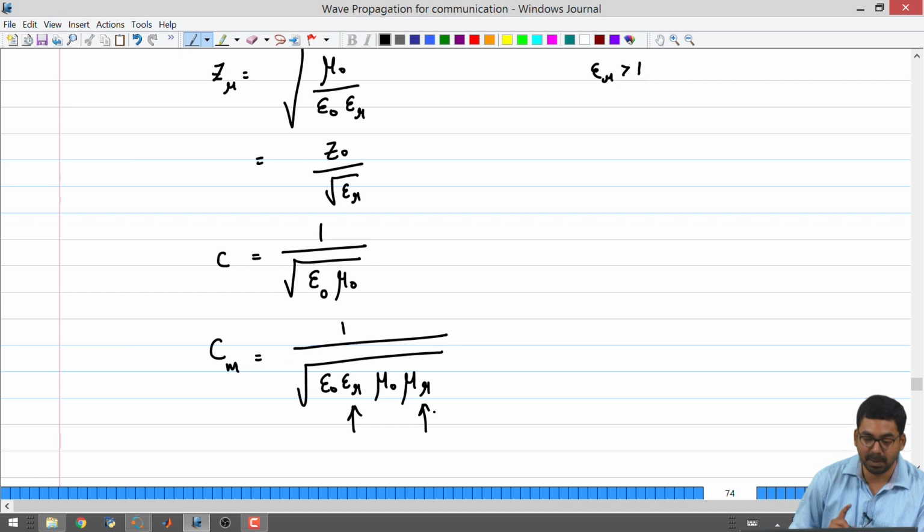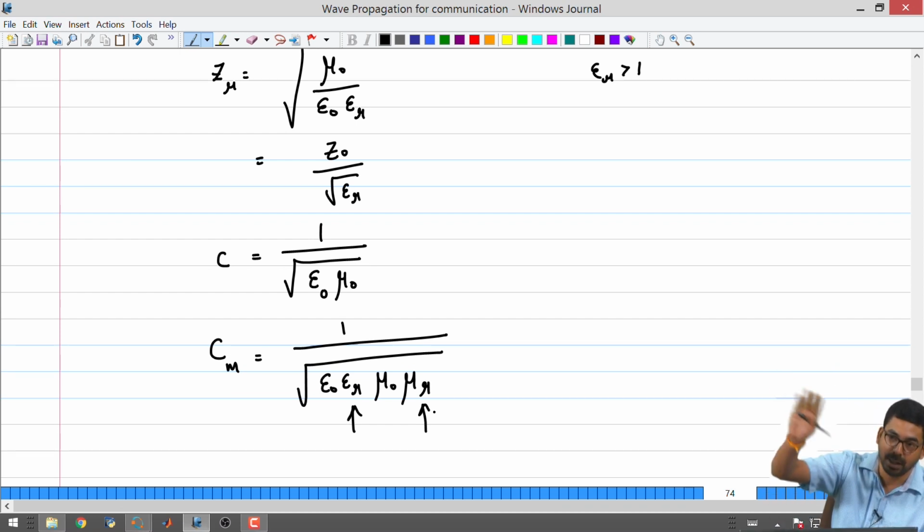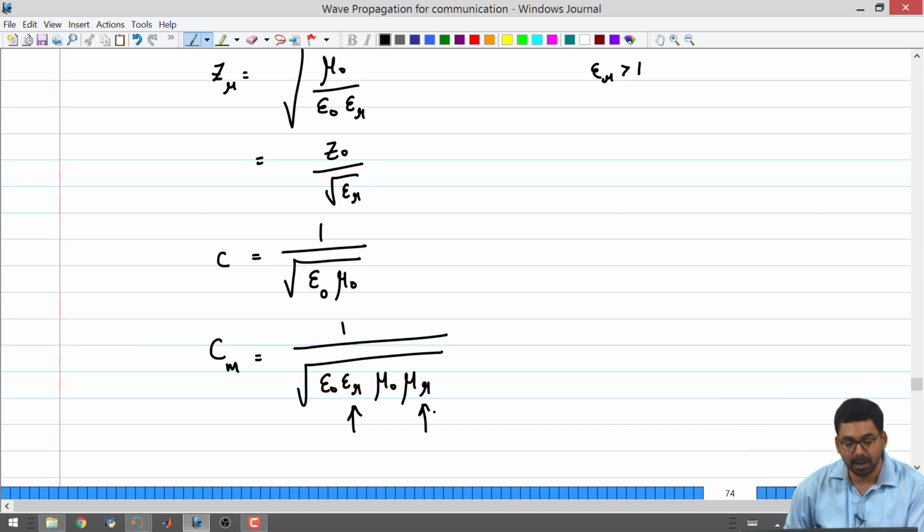So, vacuum is a special case, its characteristic impedance is very high, velocity is very high. For the majority of the other materials, characteristic impedance is going to be lower, velocity is also going to be lower. So, always you should expect some kind of reflection to happen between vacuum and some other medium. Always you should expect additional delays while not using vacuum or air. So, if you have any material, you will always get lower speed.